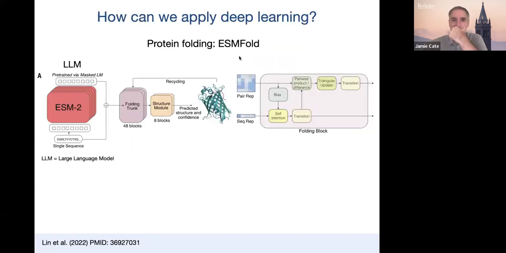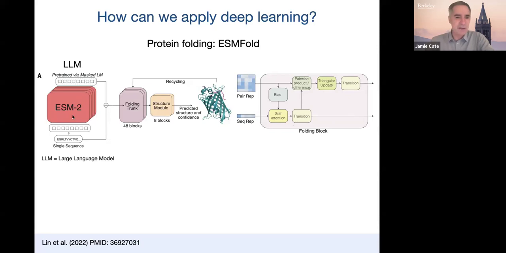If you think about deep learning, this is a figure from the ESMFold paper, a protein folding paper. I don't know how many of you have seen this part. This is a language model. It has a protein language model, or I put large language model, but it's really a protein language model. On top of it is built a whole neural network that is very similar to AlphaFold, the other program developed by DeepMind for predicting protein structure. But AlphaFold uses those sequence alignments I mentioned before, whereas this is just a language model.